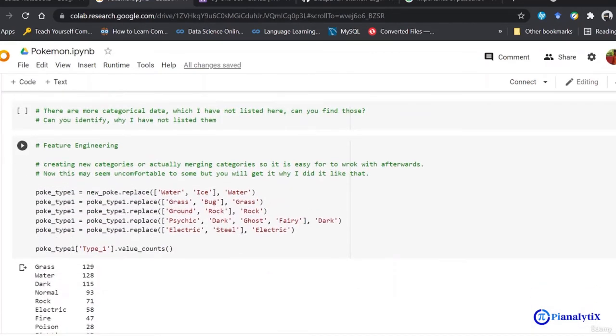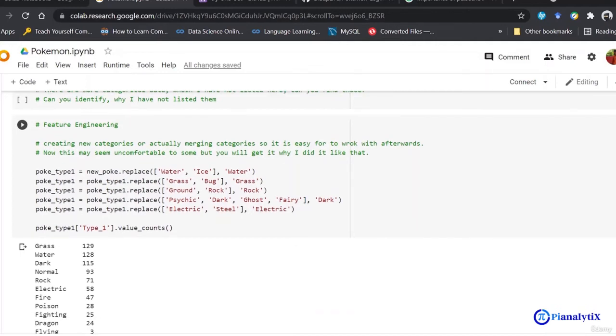And now comes another feature engineering part. Now this is one way of handling categorical data, and you would understand why I have used this or implemented this. I've used a function named replace, which is looking for these categories, water and ice, and then replacing it with this category.